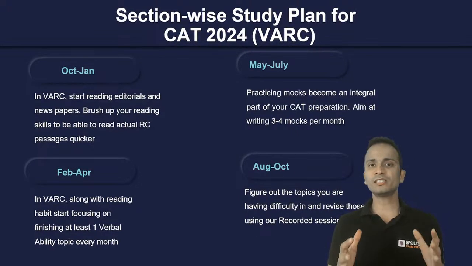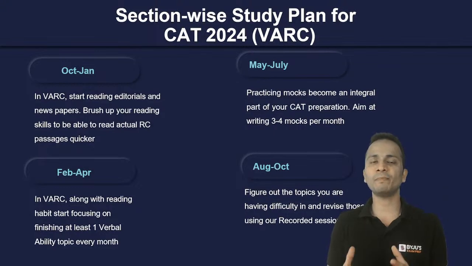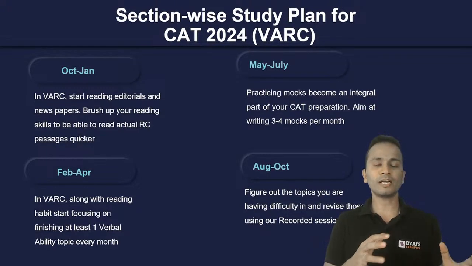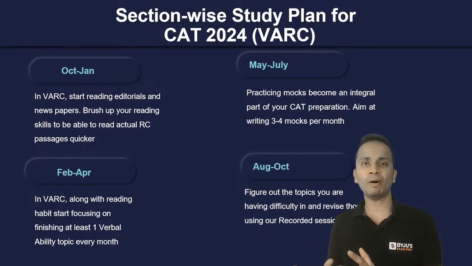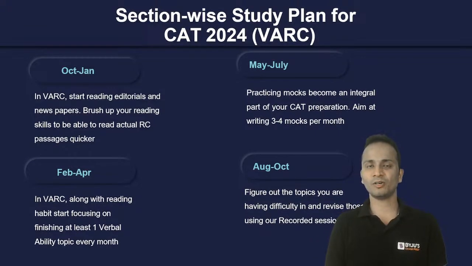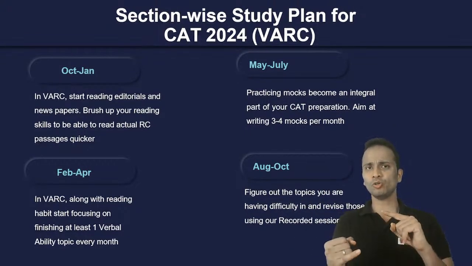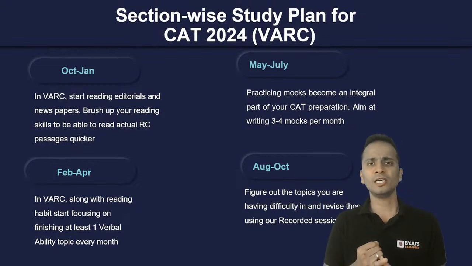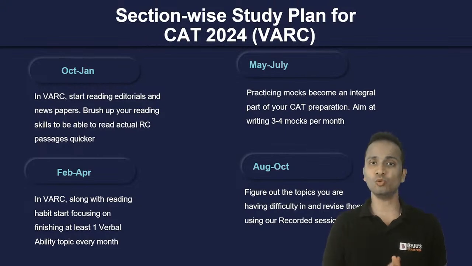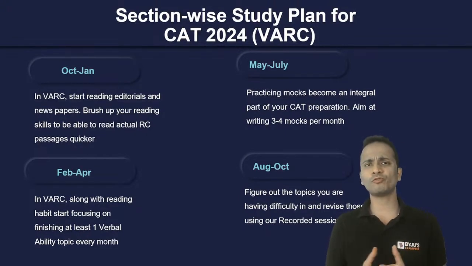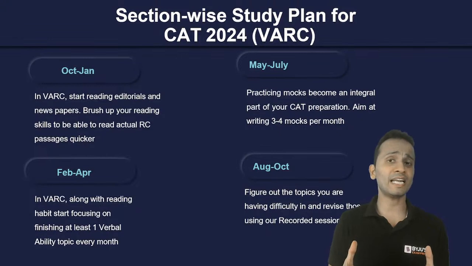So these 3 or 4 months can be utilized in building up your reading skills because reading is the only important part in the VRC section. Once you have developed good reading skills, then you can take care of any type of question in verbal RC. Also, while you are developing your reading skills, try to simultaneously work on your vocabulary. In the examination, vocabulary is not directly used. There is no direct usage of vocabulary, but definitely there will be indirect usage.